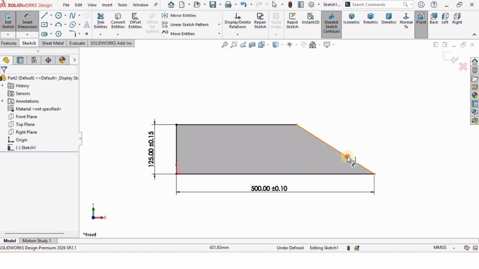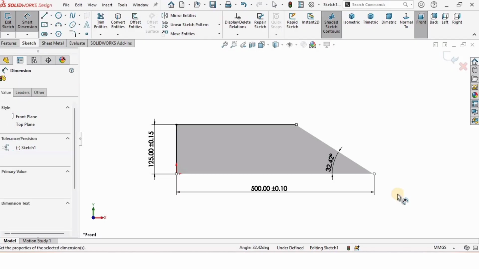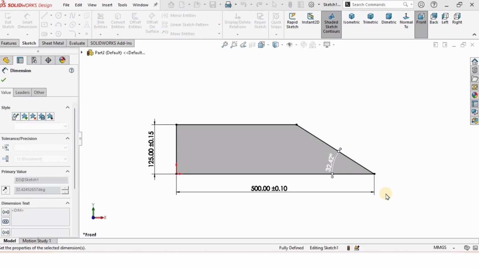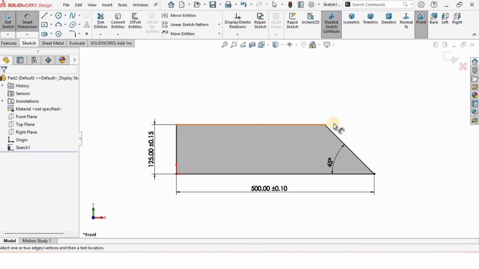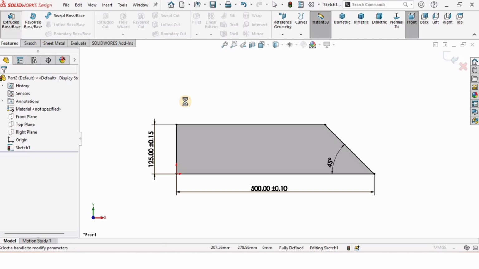Okay, then specify the angle between these two lines. This is going to be 45 degrees. I will not specify the tolerance to this line because this is going to be the geometric tolerance. So as you can see, our sketch is fully defined. Now go to features and select extruded boss base